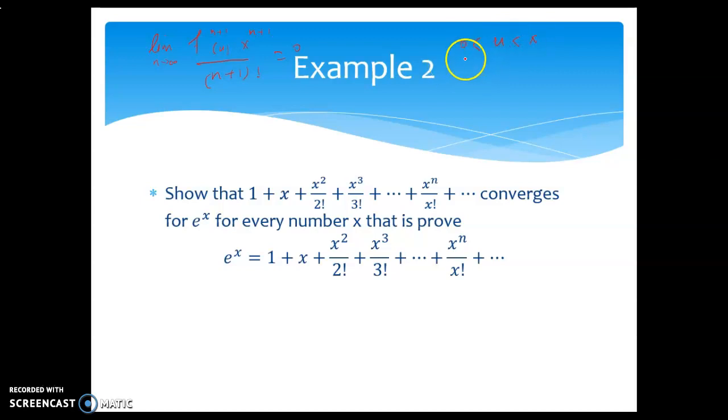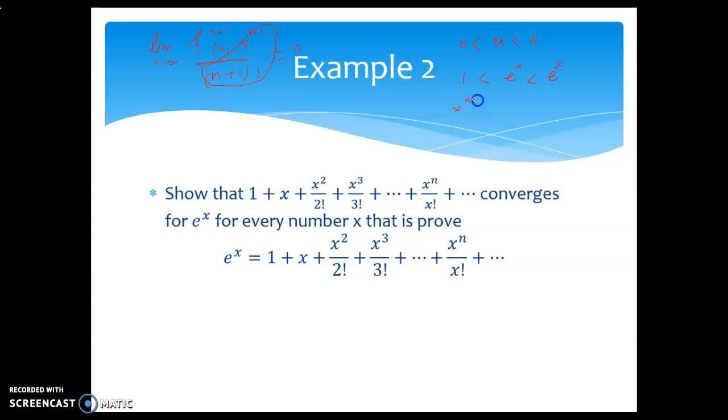That means, using the function here, we have 1 less than e to the u less than e to the x. And then if we multiply both sides by this quantity, we're going to get